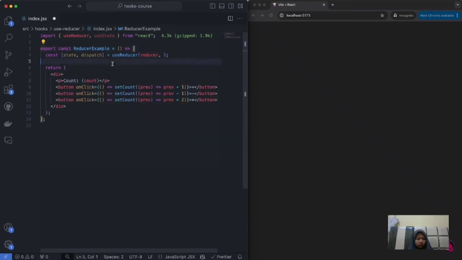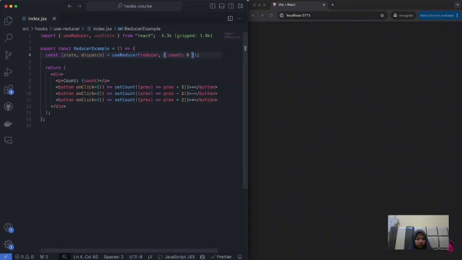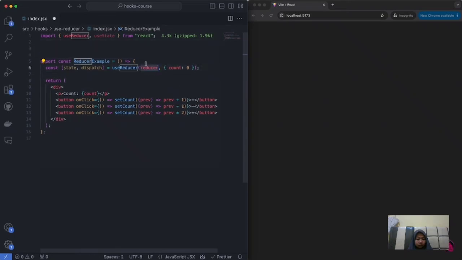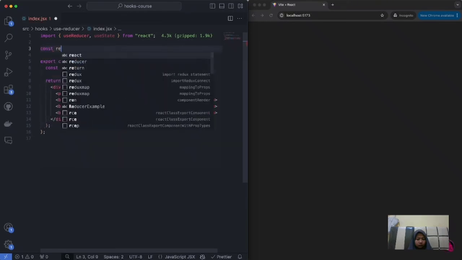So similar to how we had before the count equal to 0 over here, we want to pass an initial value for this reducer. A reducer will be in the format of an object. So we'll pass an object with a count inside of it and an initial value of 0. Now we want to create what is known as the reducer function, this thing over here. And we'll create it over here. So we'll say const reducer,